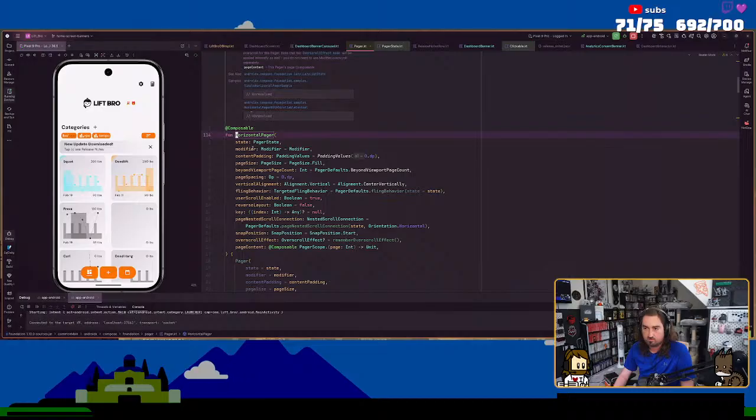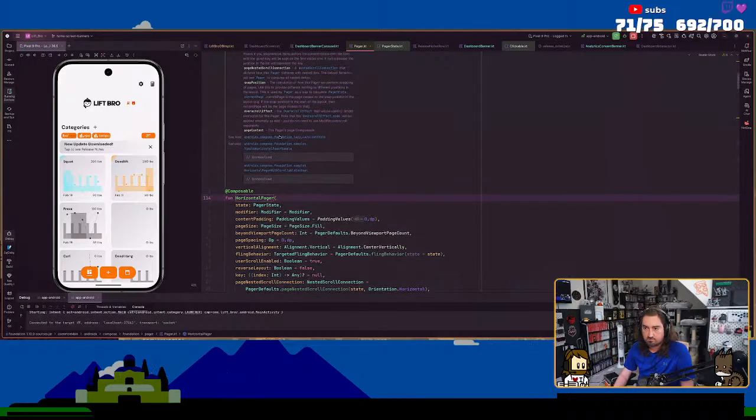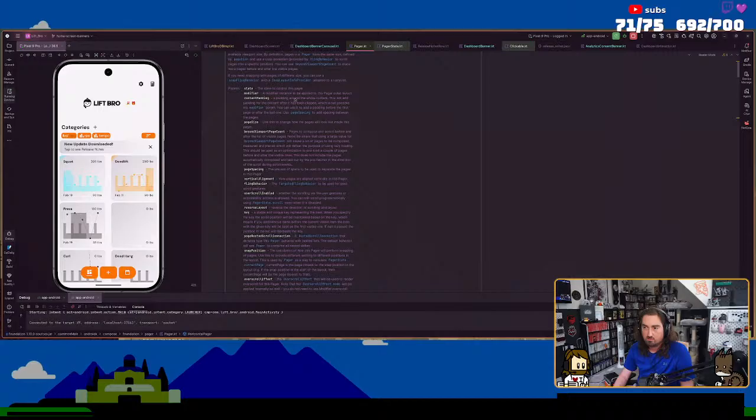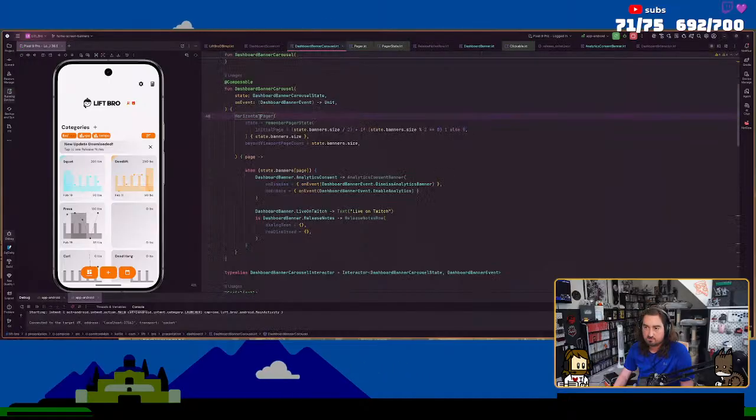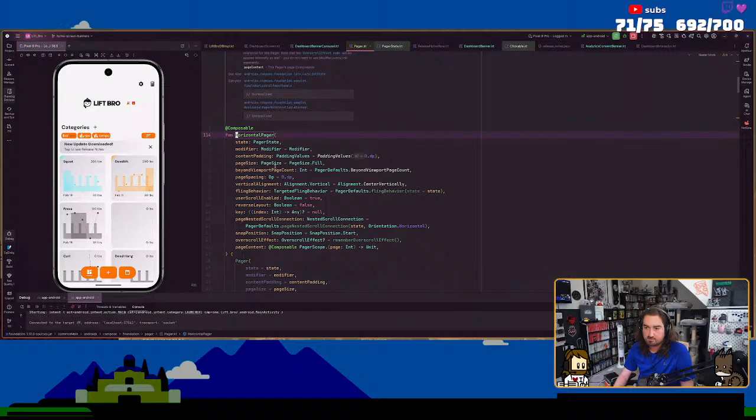No, I want the horizontal pager. Content padding, padding around the whole content. The side padding for the content has been clipped. It's not possible to view the modifier after it has been clipped. Page size inside this. Oh wait, page size.